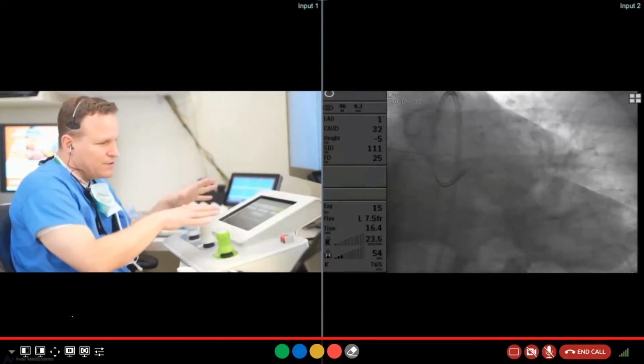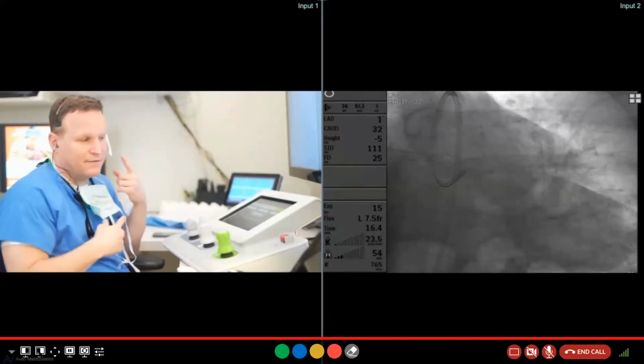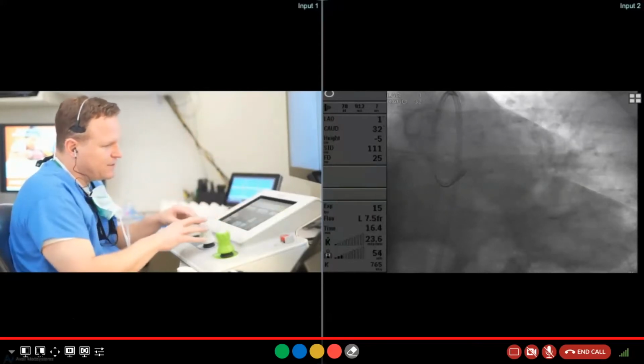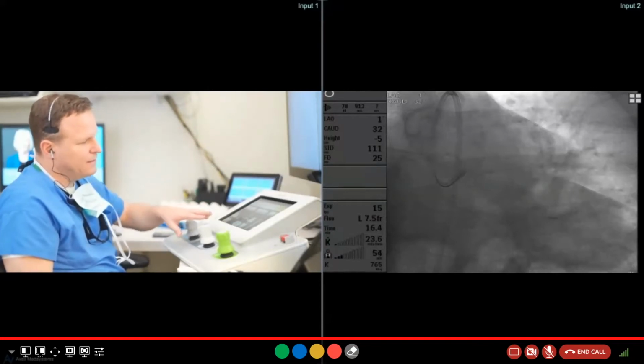Real quick, what you see is I'm in the control room. I'm actually behind the wall, behind the glass. I'm talking via headset to my team because I'm completely shielded here. And you can see that I'm going to enable here. And what you can see is I've got the device. So if I want to use a balloon or stent here, guide wire here,